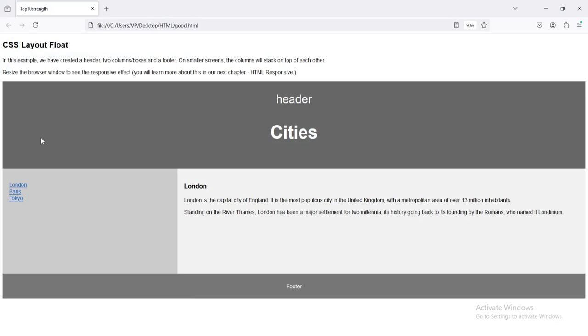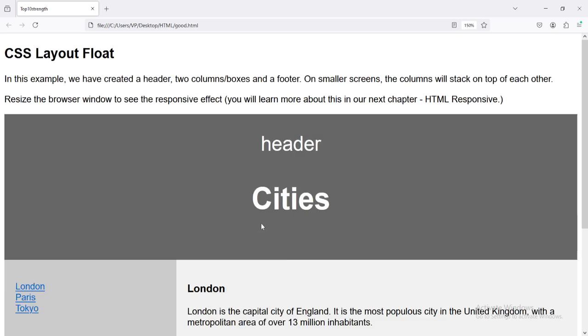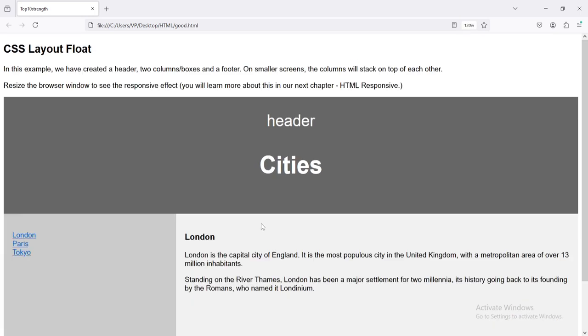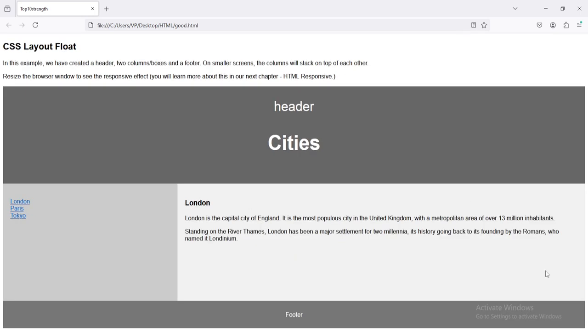As you can see in this example, we have created a header, a 2 columns box, and a footer. All these columns will stack on top of each other when you resize the screen. As you can see, you will see the effect. It's responsive. So you will learn more about this in our